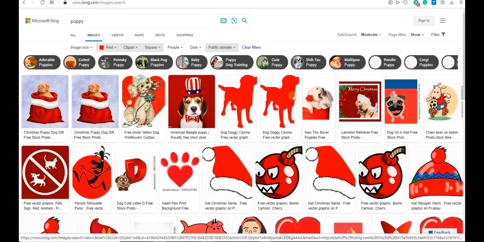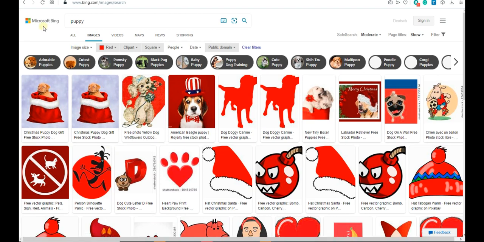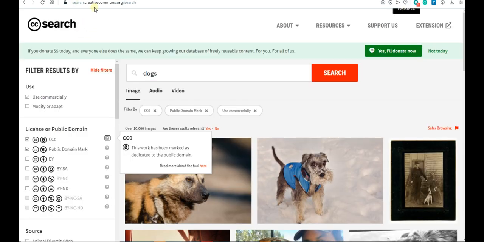You can use something like that. It's a really amazing website, Microsoft Bing. Okay, so let's go to the second website. The second website is going to be